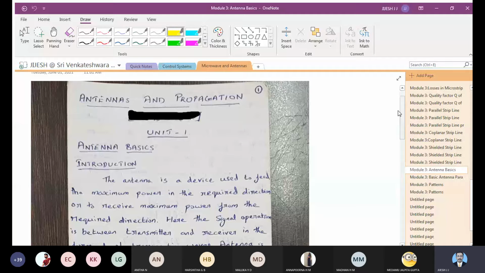Apart from that, first, to make it very clear for you, the importance of antenna: if you take any wireless communication process, there is a need of an antenna. So you will be having various types of antennas like dish antenna, helical antenna, horn antenna, Yagi antenna, dipole antenna, Yagi Uda antenna. Then you have patch antenna, and there are a lot of antennas in and around you as of today.